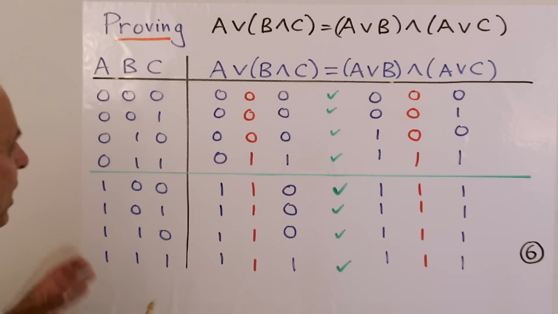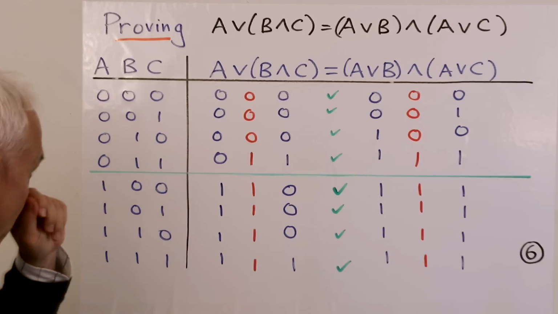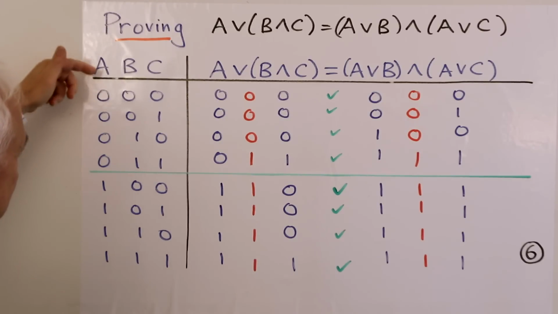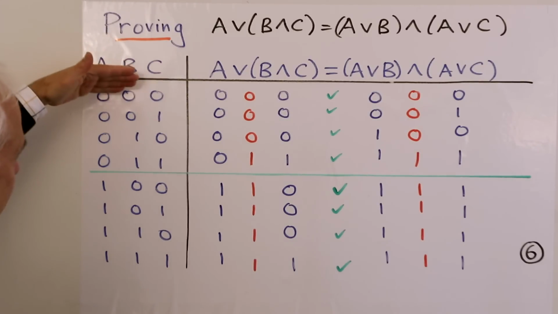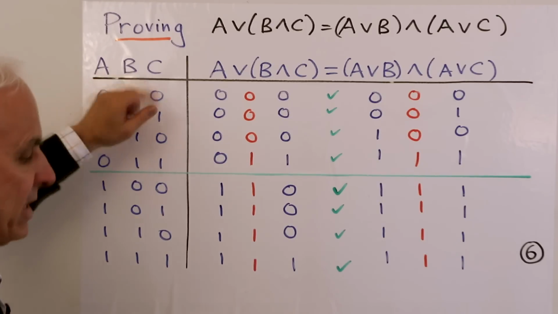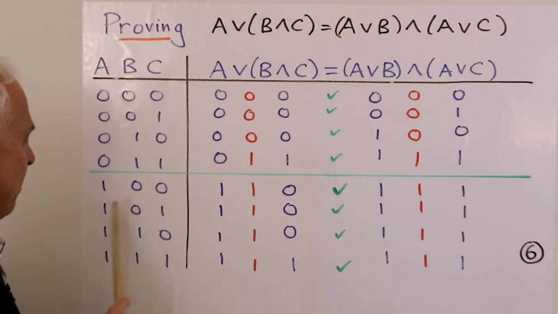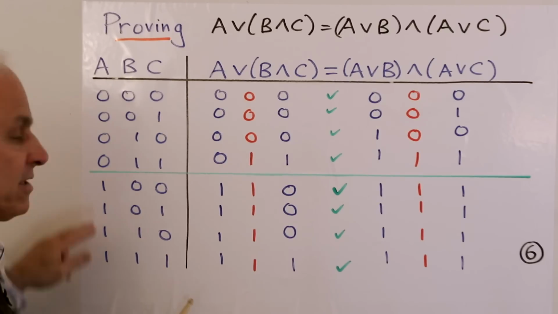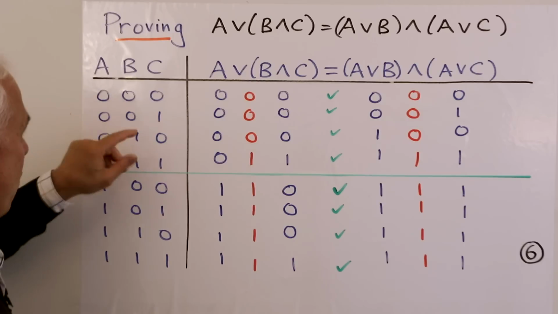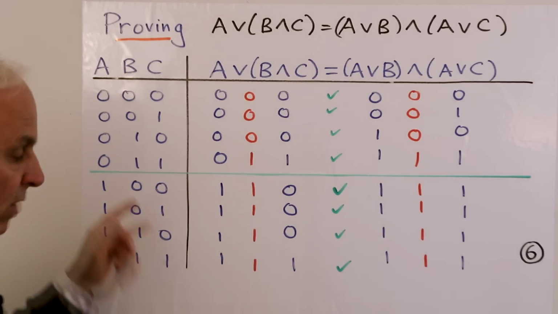Okay, so we can do that in a truth table kind of fashion. What we do is we create columns A, B, and C here, and we create various possibilities for inclusion in A, B, and C. Basically we write down all the binary possibilities, all the 8 different ways of assigning zeros and ones to A, B, and C. It'll be 2 cubed, or 8 different ways.